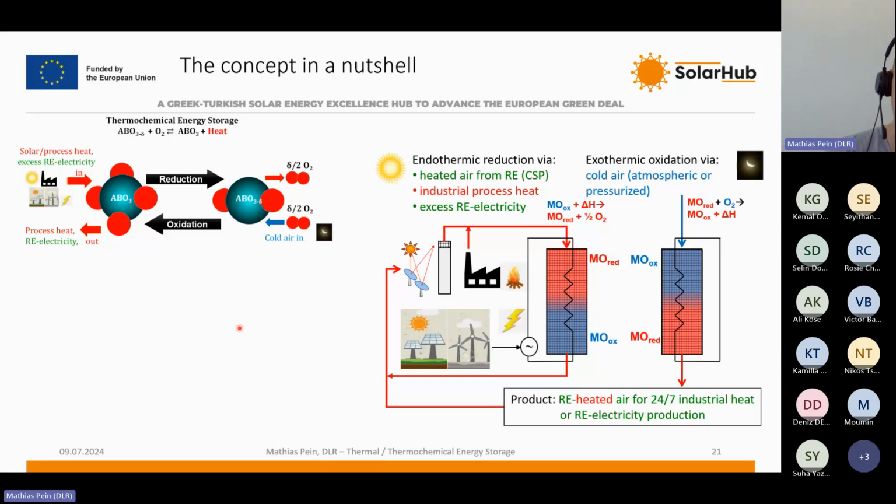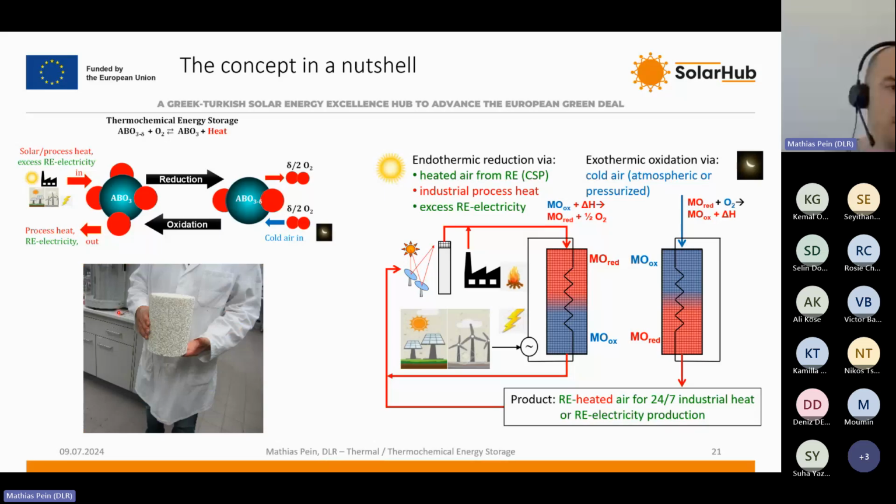And during discharge, it could also be utilized. Very flexible, and basically on demand. So here's also just a nice picture of a larger foam structure,